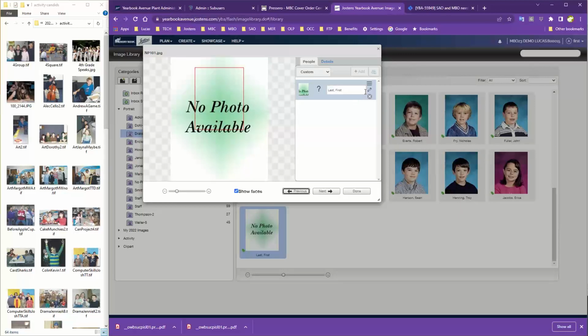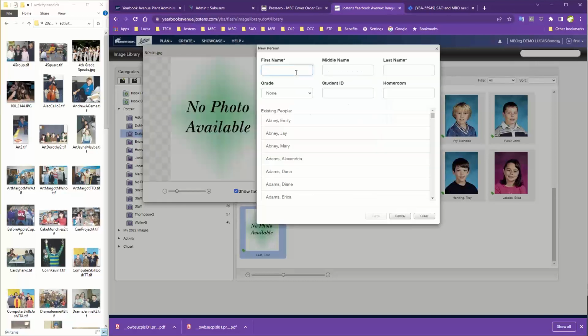Okay, so instead of editing this tag, because we want to add just a completely new name onto this photo, what we're going to do is actually remove the name tag, and then we're going to hit the add button. So why do we remove the tag? By removing the name tag on this specific no photo, it breaks the link between this one and all of the other ones. So that way, when I go to add a new name,